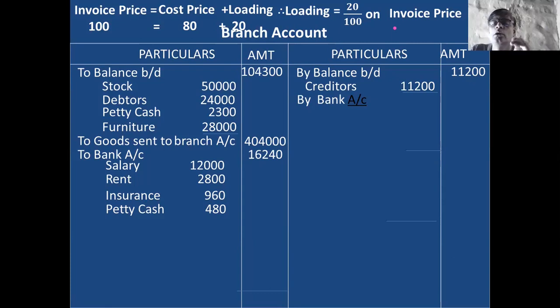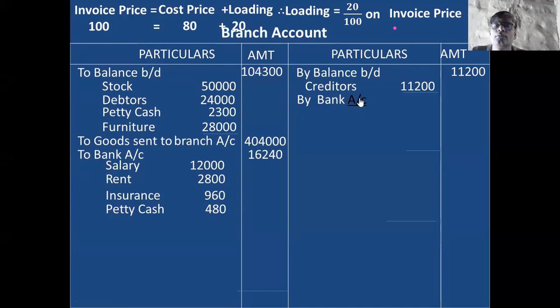Therefore, you have to open the cash book, take the balance and write the cash book balance here, the branch cash book balance. Therefore I prepare the required accounts: debtors account, creditors account, and cash book. This is the point you studied under the single entry system. As per single entry system you prepare debtors account, then creditors account, then cash book.